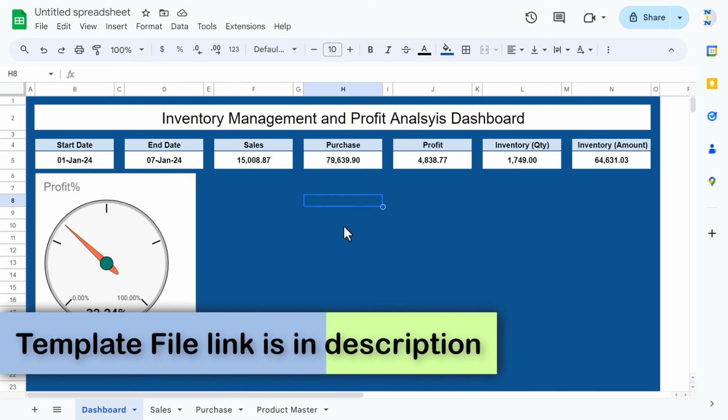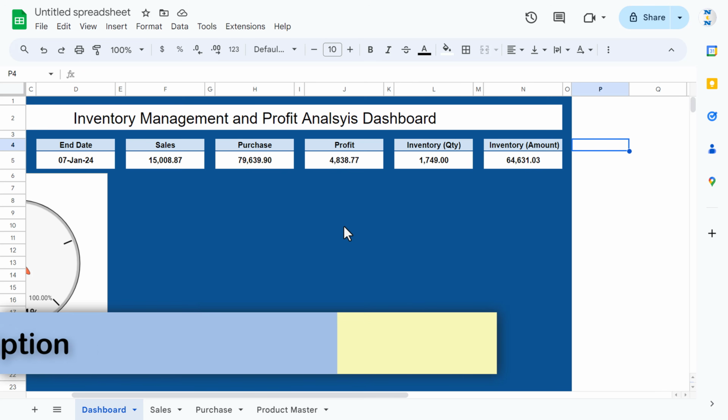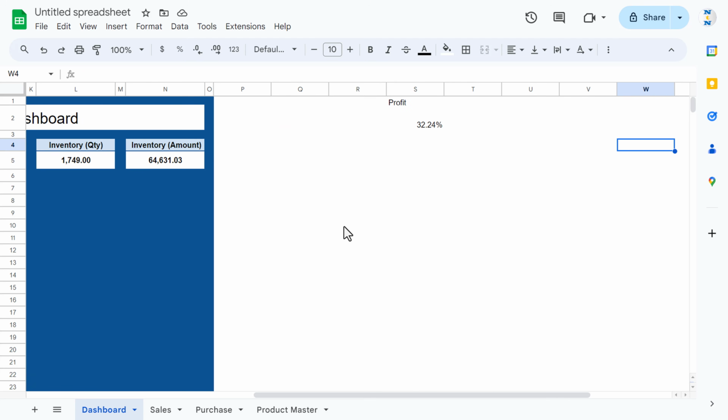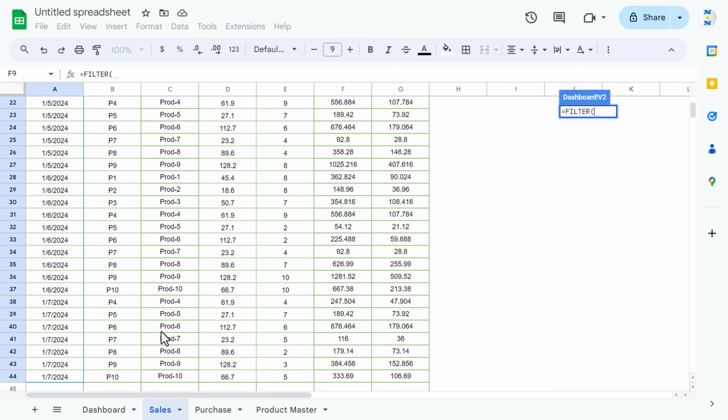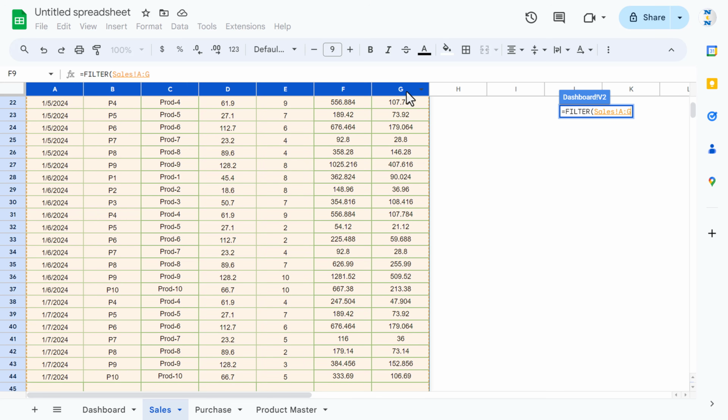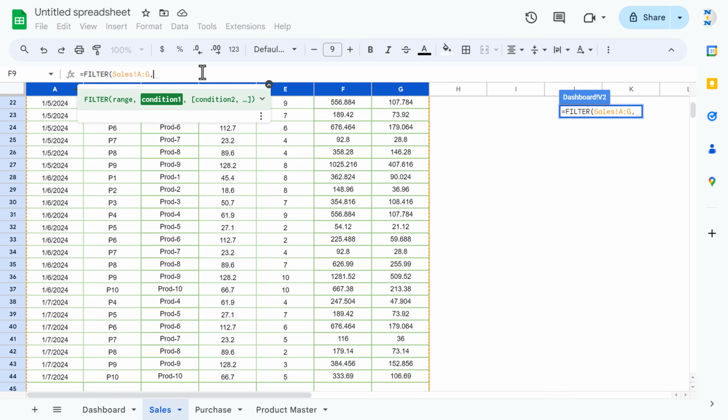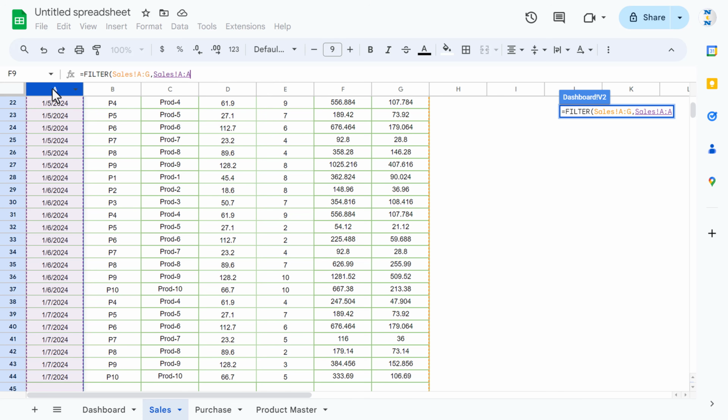Okay, so what we can do, first we can get the data for date wise sales here. So let's say I am putting here date and here I am putting sales. Okay, so I will use the filter function. Filter, go to the sales sheet and we will select whole range till here, column A to G. Condition 1 will be the date. Select the date column, comma, date should be greater than or equal to B5,